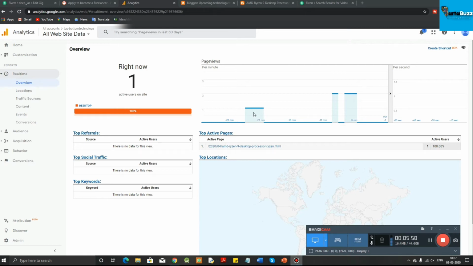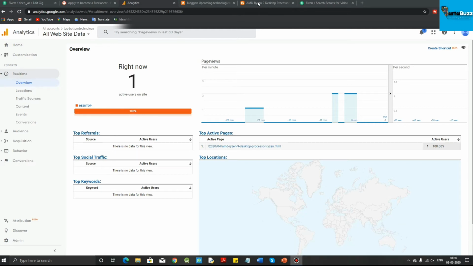Here it will show the graphs, the page views; you can see that I have visited 3 pages, so you can see the 3-time graph. But why is it not showing me as having visited? If I go and visit this page right now, while I'm on the analytics page and I visit my website page, it will show 2? No, it will still show 1. And I will show you the reason behind that.